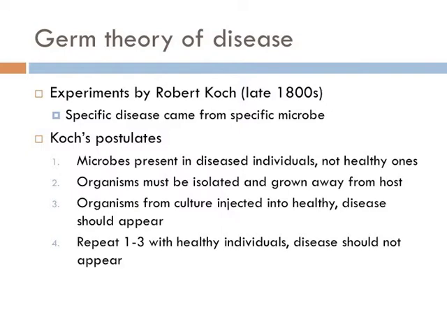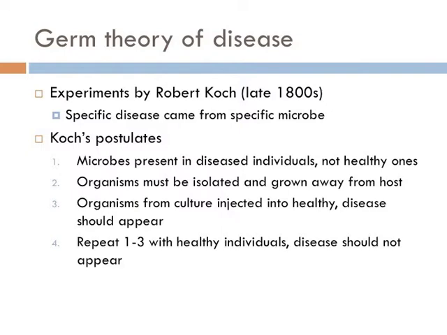Robert Koch was the first scientist to devise a series of tests used to assess the germ theory of disease. Koch's postulates were published in 1890 and derived from his work demonstrating that anthrax was caused by the bacterium Bacillus anthracis. These postulates are still used today to help determine whether a newly discovered disease is caused by a microorganism.